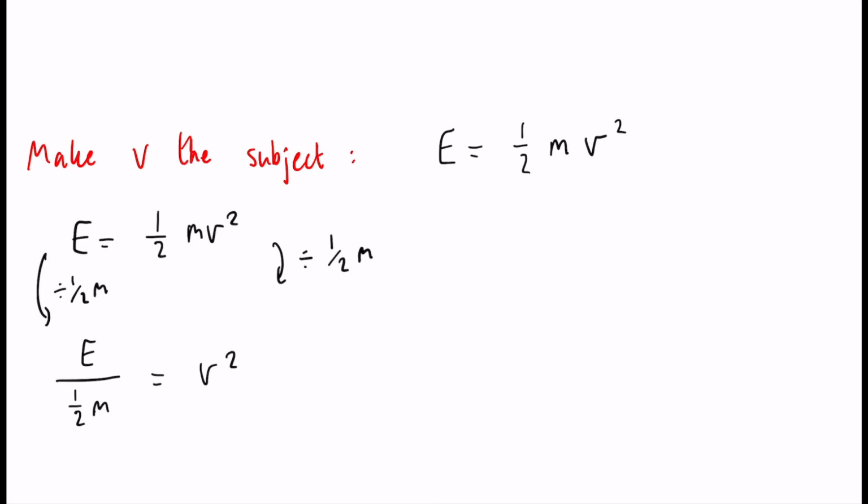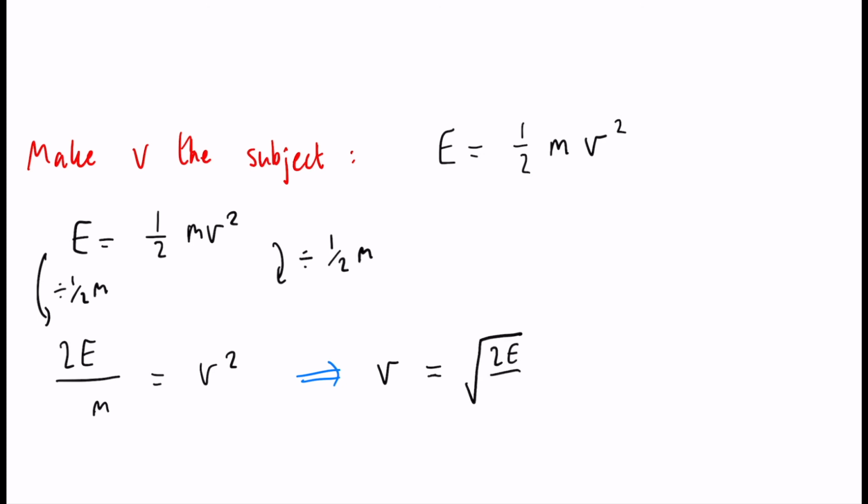equals v squared. Now in a slightly easier way of writing that, or a nicer looking way, instead of the half on the bottom, we can simply cross that out and make it a 2 on the top, so 2e over m. Now, we've got a v squared on the right hand side, which ultimately we're going to need to get rid of because that's not just v. And the opposite of a square is a square root, so we're going to square root both sides. So square rooting the v squared obviously gives us v, and then it's going to be the square root of